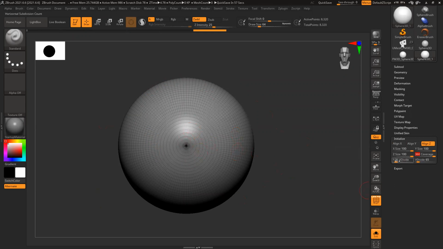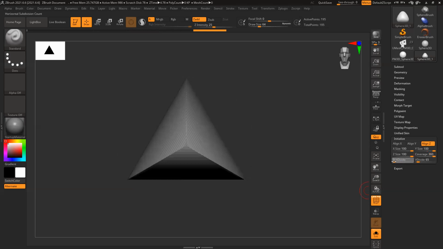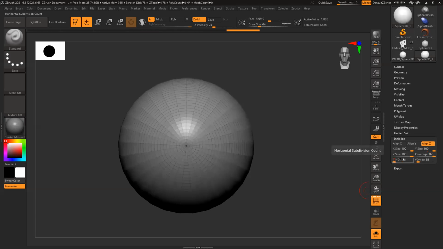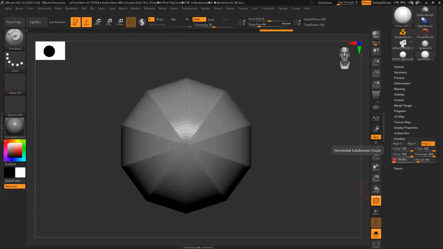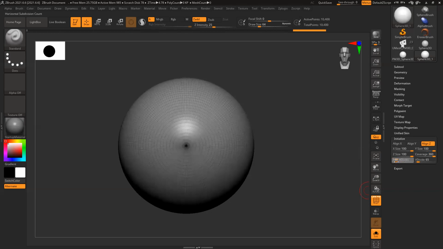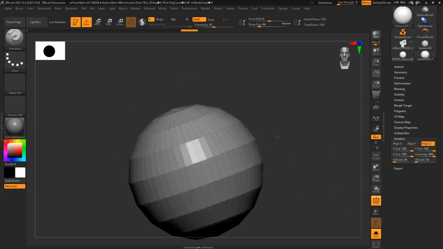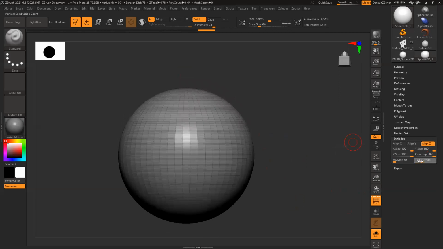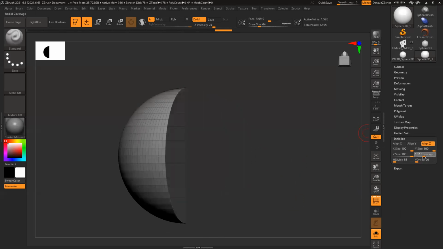Plus subdivisions: you can see I can increase and decrease them. It's really low, like 29. If I want to make it 18, I can do that, or only 10. So all of this you can modify with the help of Initialize. This is the number of rings, and you can also control the divide. All the loops, vertical and horizontal, X and Y, you can control. You can convert to whatever shape you want.